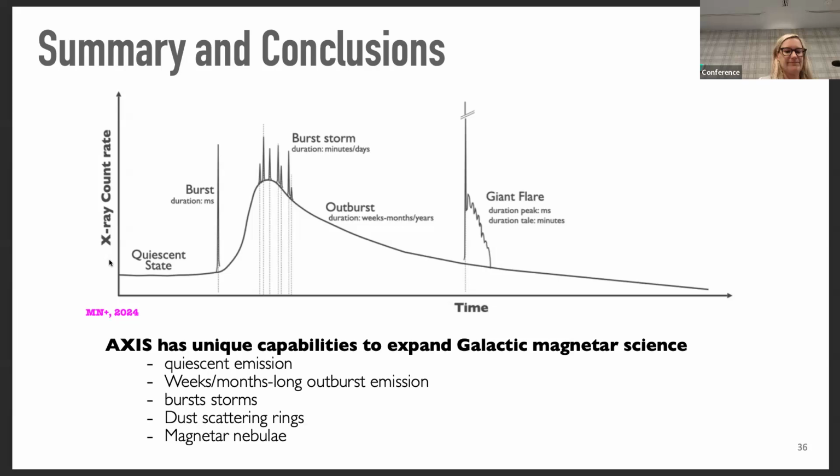Yeah, I think so. I know there are people looking into this. That's not necessarily time domain, which is what we were focusing on, but that's definitely something to look at.